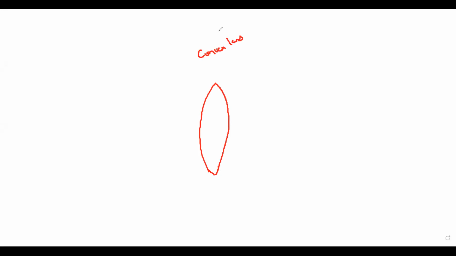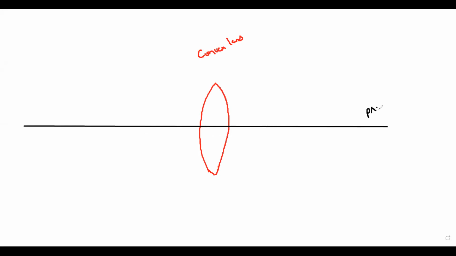Then on this convex lens, there is an imaginary line. In reality, it's not there. This is just our imagination. So there is an imaginary line which we assume is passing through the center. The imaginary line which is passing through the center is known as principal